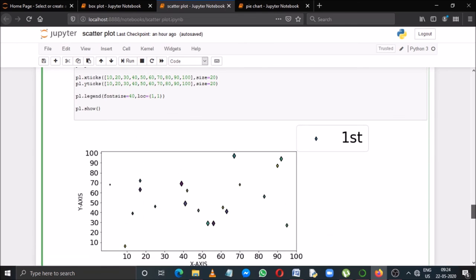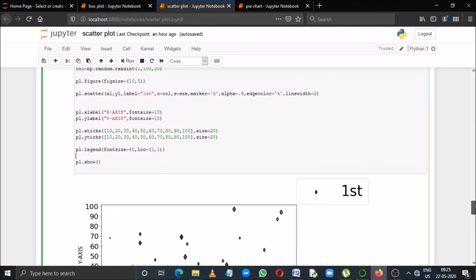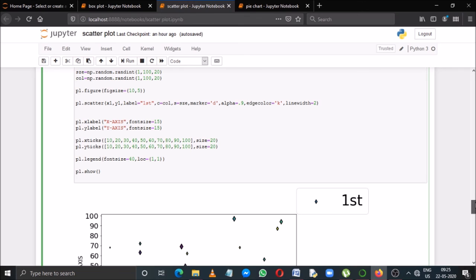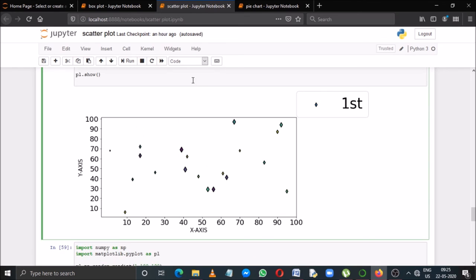Now see, by default my chart is appearing like this. Here you can see all the points have different colors and different sizes. Now as I have set the color and size randomly by using these NumPy arrays, whenever I run this program again, the size and color will be changed.